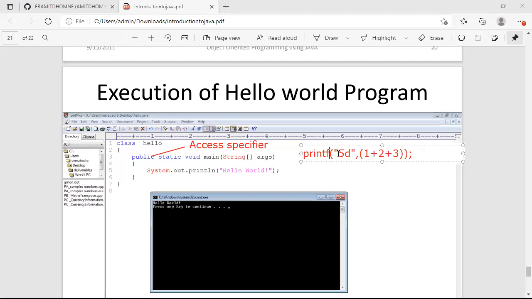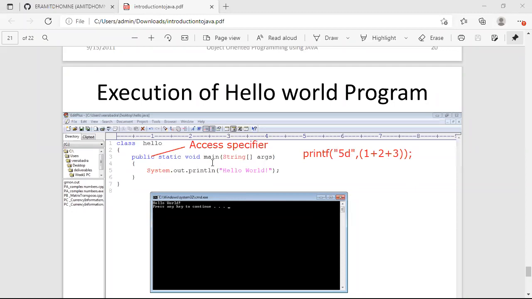Similarly, in C language also, if you write printf and \n, it will print in the next line. So similarly here also in Java, when you write println, it will print this. So which instruction do we use for printing in Java? System.out.println hello world. So I hope it is clear to you how to print that.